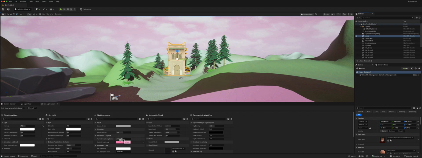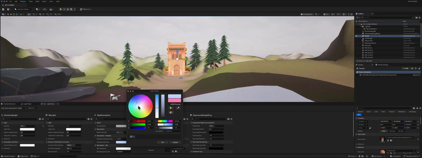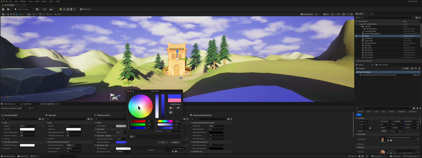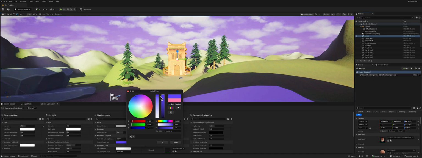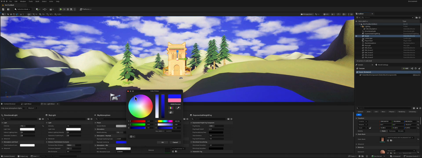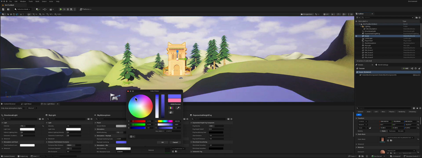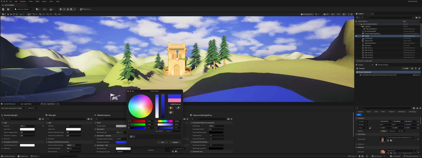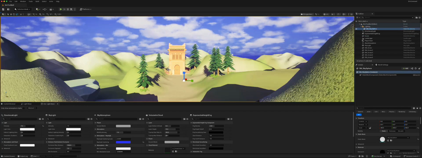All right, I'm going to change this back to maybe a little bit of a blue here, like a sky blue. Now, the last thing is, again, you could play with these settings. We'll do a whole section just on lighting, a few videos on it, because it's so important. But this is a great way of showing, if you need something up and running quickly,